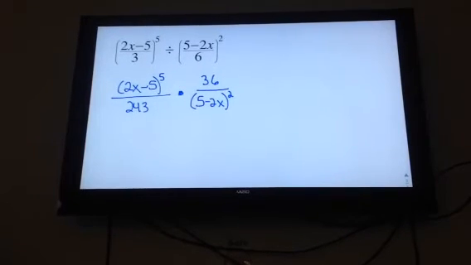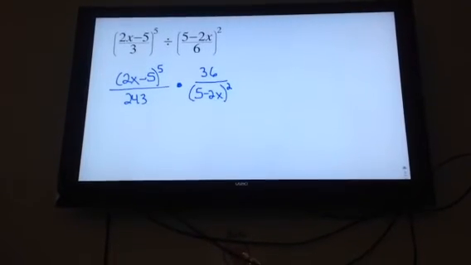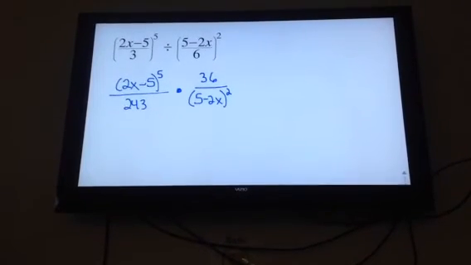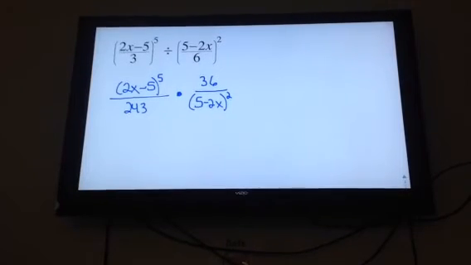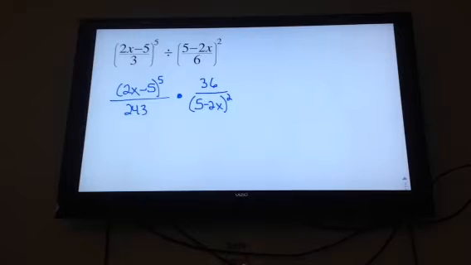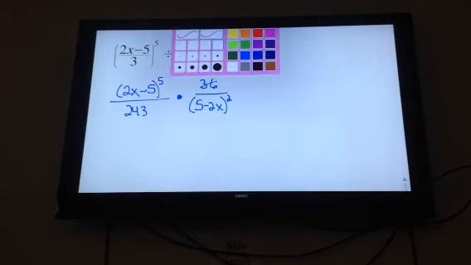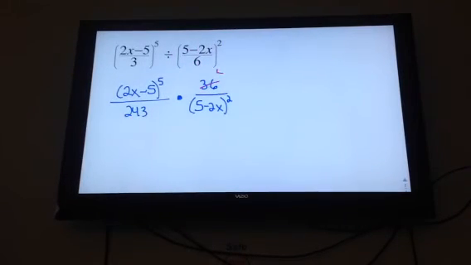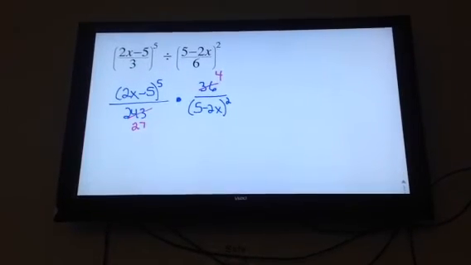Now go to your F1 function. So your green button, y equals, and go to number 4. Number 4 converts fractions to decimals and decimals to fractions, and it reduces it to 4 over 27. Oops, I want that in pink. So I reduce that to 4 over 27. So I can use my calculator to reduce my